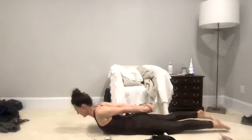beside your hips and go up again. 10, Shavasana. You can switch your fingers or just do the same, go up again. 10,